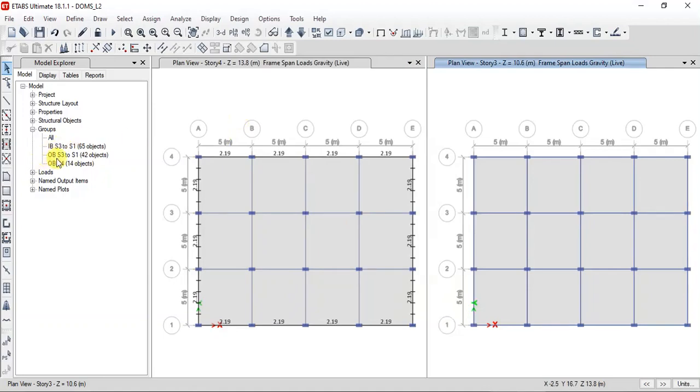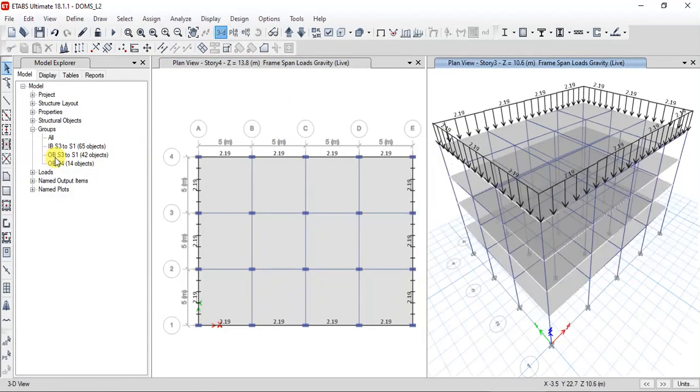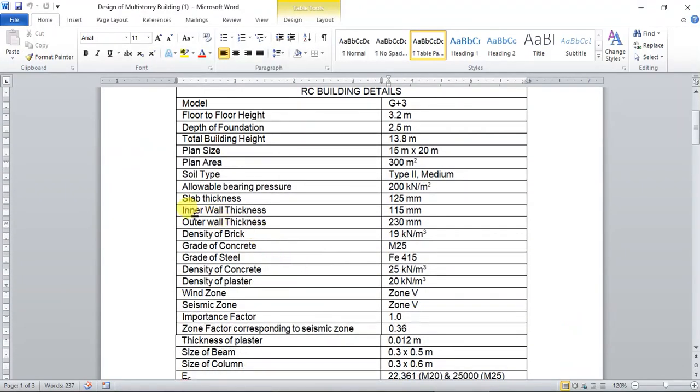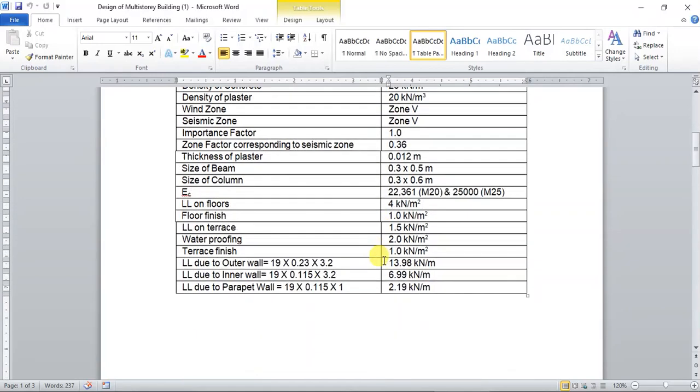As I have explained how to make groups, similarly I have made the groups for outside beams from story 3 to story 1, and inside beams from story 3 to story 1, because we have wall thickness varying, from the outer wall at 230 mm and the inner wall at 115 mm. The respective live loads from the outer wall and inner wall have already been calculated here, so you just need to do the multiplication.